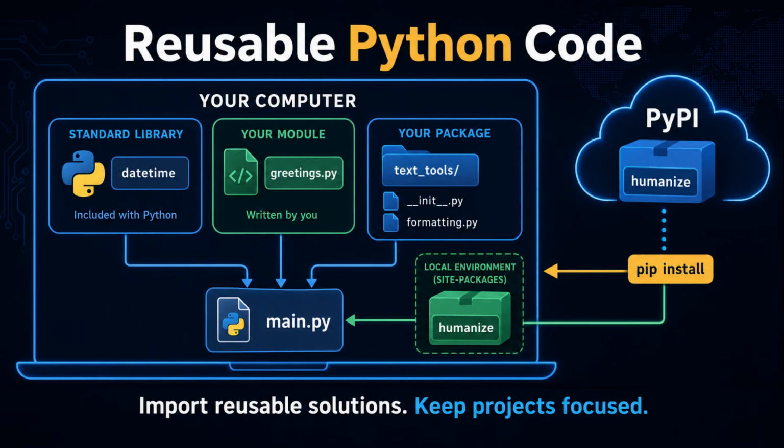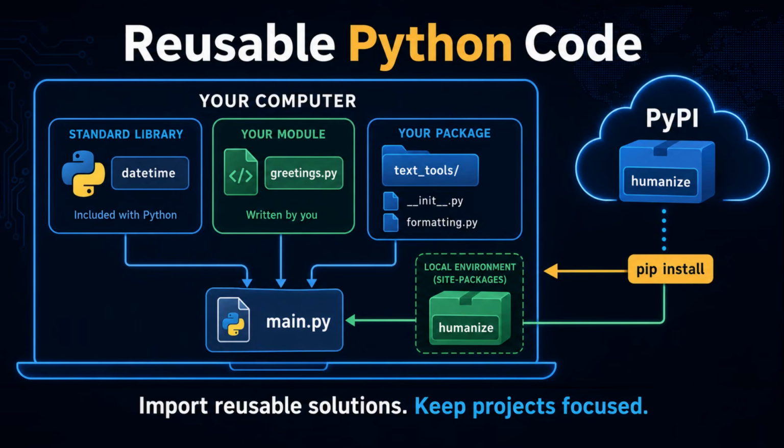Reusable Python code generally comes from three places. First, Python includes a large standard library containing ready-made modules such as datetime, math, and many others. These are installed with Python, so we can import them without using pip. Second, we can write our own modules and packages. A module is normally a single Python file, such as the greetings.py file we'll create later during our demonstration. Related modules can be organized into packages, allowing a project to grow without placing all of its code into one